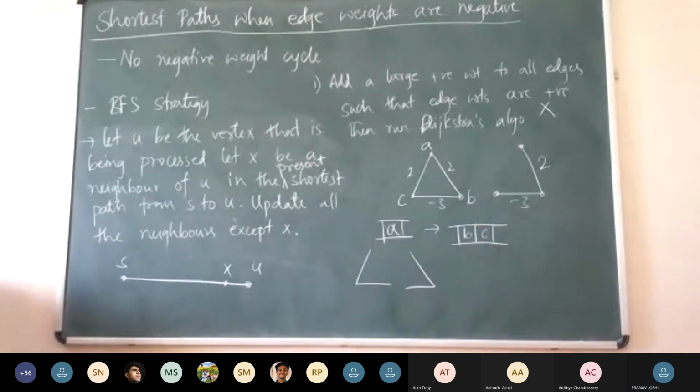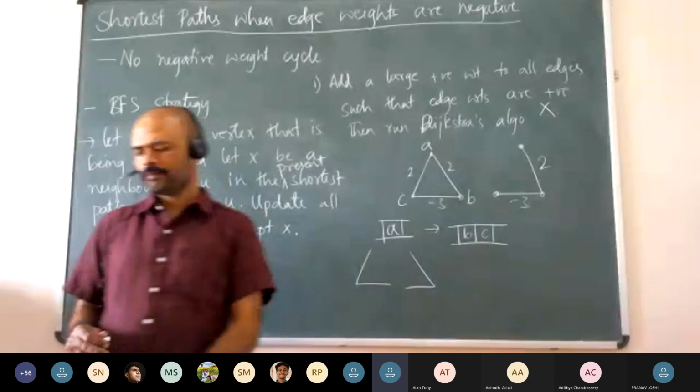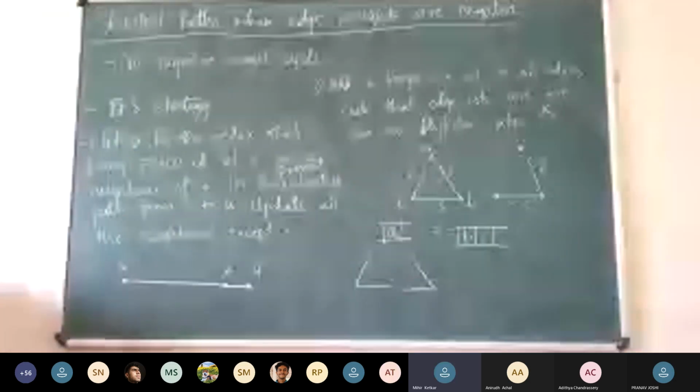There can be a negative weight in the cycle, but the whole cycle shouldn't be negative. The weight of the whole cycle, right? When we say the weight of the cycle, it is the sum of weights of all the edges in the cycle, right? But even if there is a negative cycle, can we go on the same edge again and again and again?